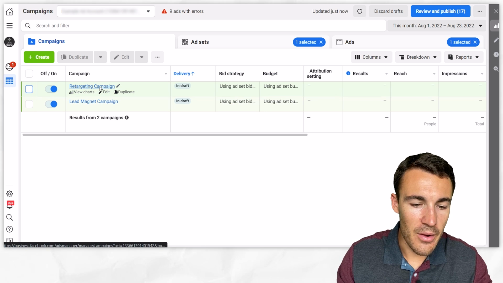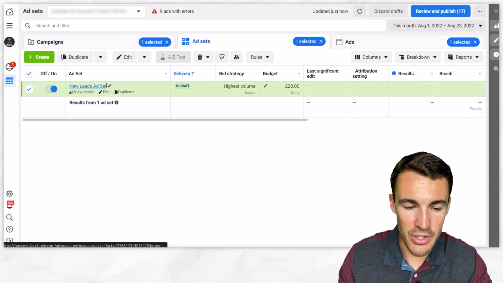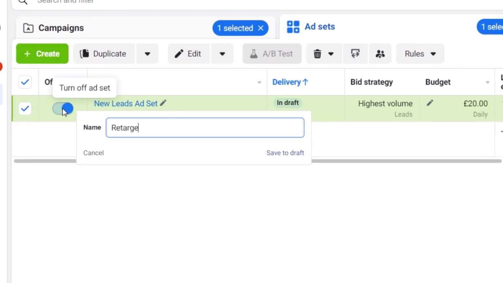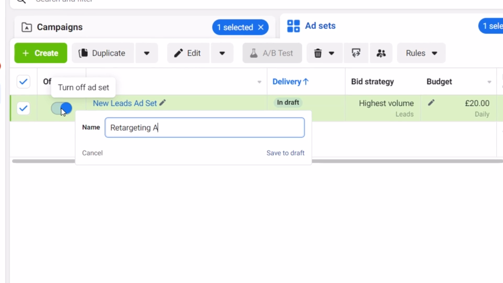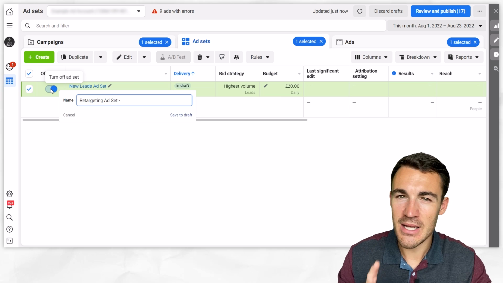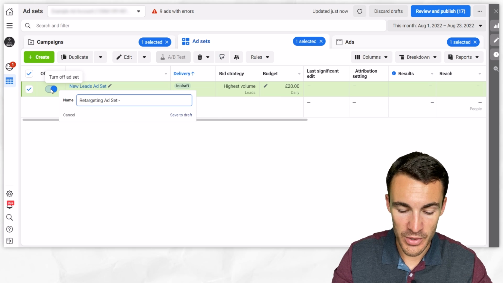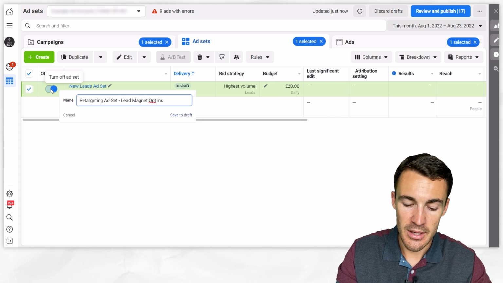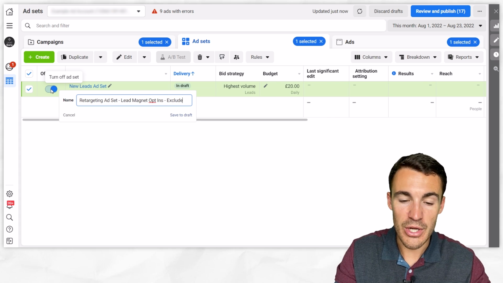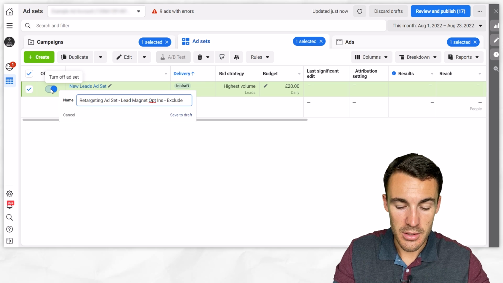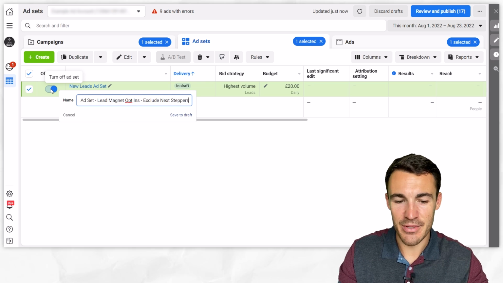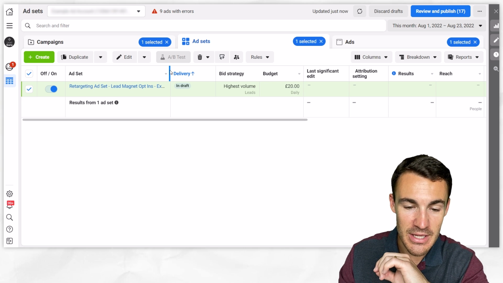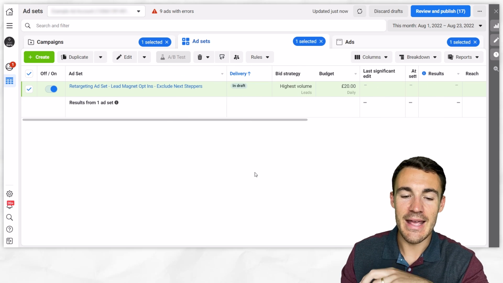Okay, now if we click into this campaign, we've got new leads ad set, that's absolutely fine. I'm just going to call this retargeting ad set so things don't get confusing. And in this one, we are going to be targeting people that have opted in for the lead magnet. So we would target what I call lead magnet opt-ins. And we would exclude what I would call next steppers. And the reason why we'd exclude next steppers, if I can expand that so you can see it easily, is